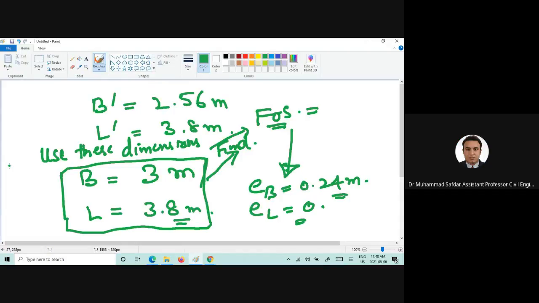I need the factor of safety value with the revised dimensions. यहाँ पे बहुत ही इंपॉर्टेंट पॉइंट है, उसको समझाना जरूरी है, और वो आप तब समझेंगे जब आप उसको कैलकुलेट करेंगे। स्लाइड्स में तो मौजूद है, लेकिन जब आप खुद कैलकुलेट करेंगे तो आपको समझ आएगी जो मैं एक्सप्लेन करना चाह रहा हूँ।